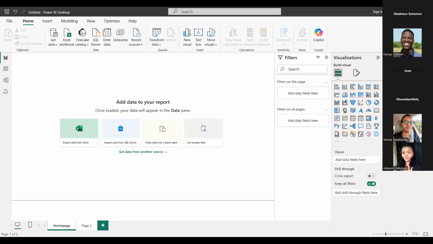Now, whenever you import or load your data into Power BI, the file that you brought in, the spreadsheet, the data will appear here in the data pane. For visualizations, we have a variety of visual types that we can select from to visualize. All of this would make more sense when we bring in the data we are going to be working with.